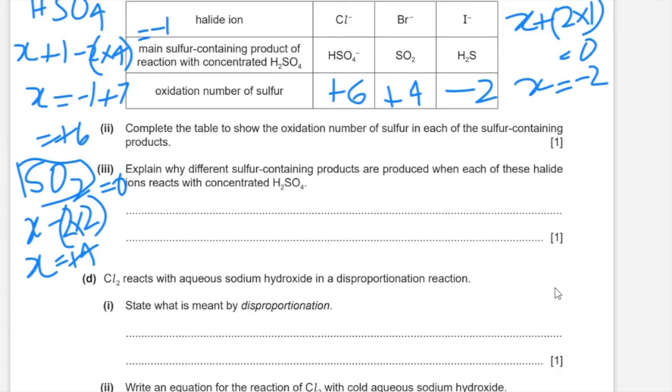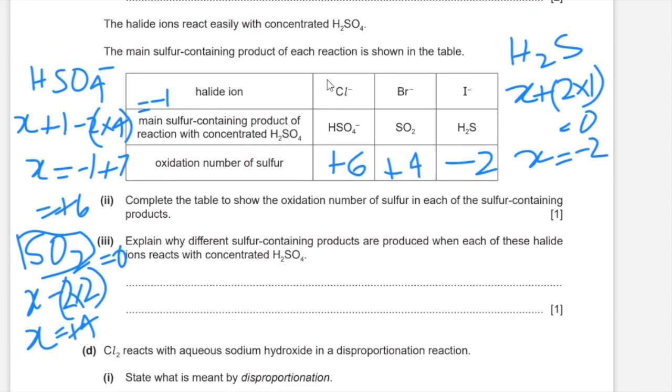Explain why the different sulfur containing products are produced when each of these halide ions reacts with concentrated sulfuric acid. As you can see, going down the group from chlorine to bromine to iodine, the oxidation number of sulfur decreases from +6 to +4 to -2, as in the sulfur gains electrons to get reduced, and for sulfur to get reduced it would have to act as an oxidizing agent